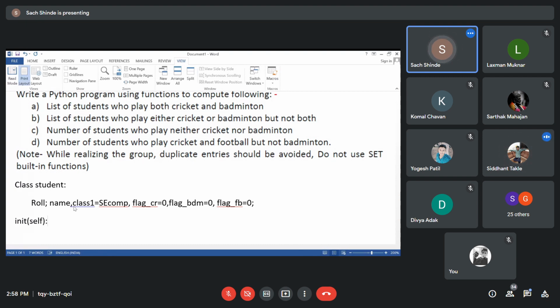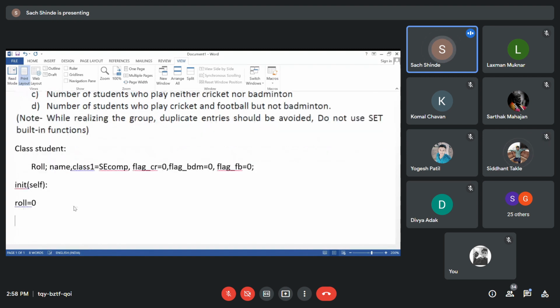In the init function we declare some initialization, such as roll equal to 0, so the default roll number is 0. Default name, we can say it is no name, so we understand that he is not assigned a name. Then the next parameter is class, so we say class 1 is equal to SECOM.